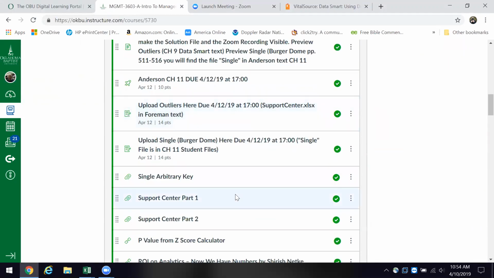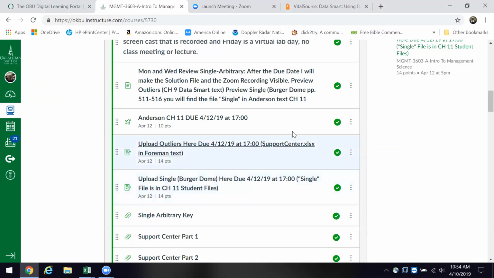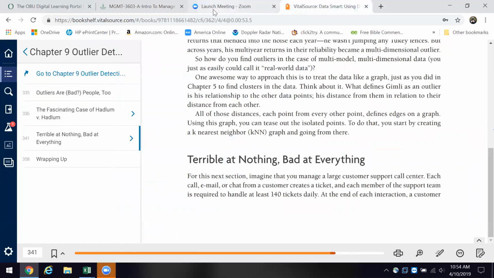Just as I was saying, you have an exam that's due on Friday at 5 o'clock. You've got the outliers file. That's the file from the Foreman text. It's called Support Center, and that is from Chapter 9.